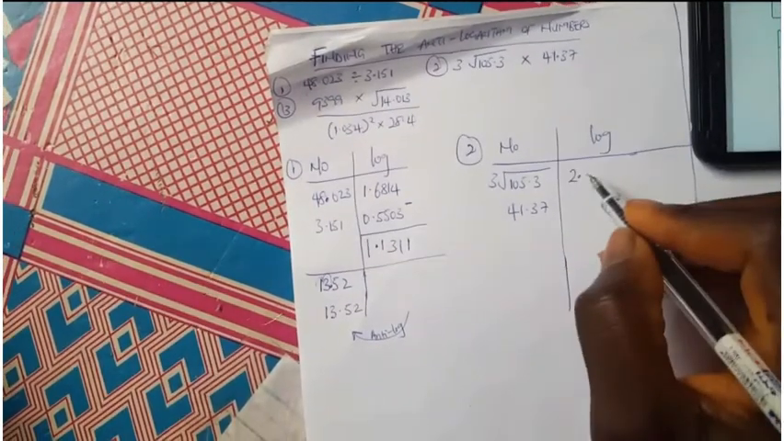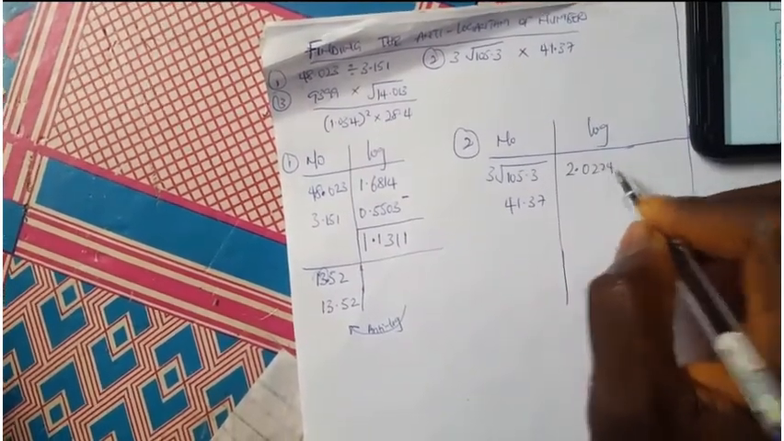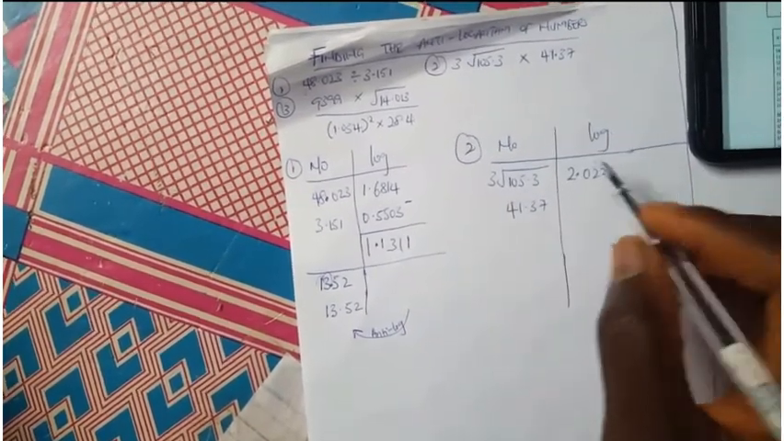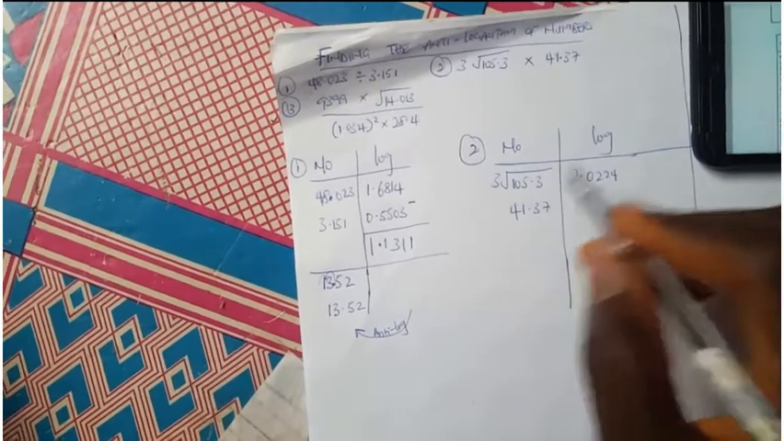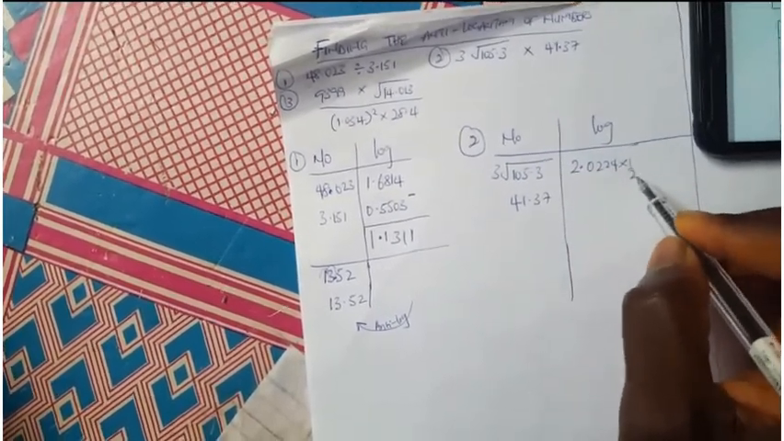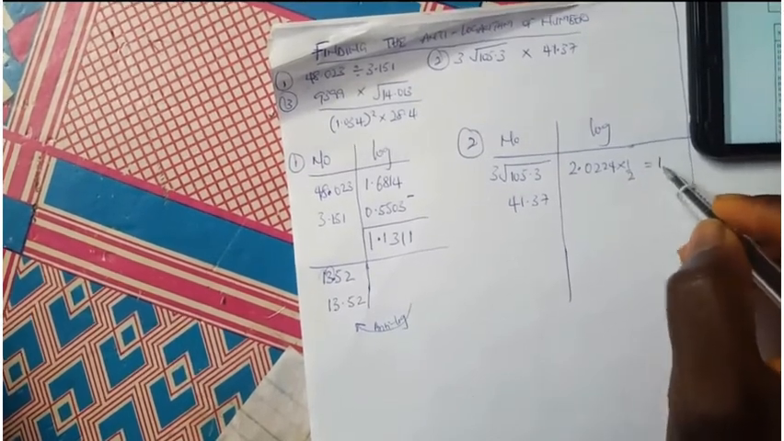0224. That's 0224. Okay, that's for that. Now this is square root, which is the same thing as 105.3 all raised by 1 over 2 in terms of indices. So which now means I'm going to multiply by 1 over 2 or divide by 2, which gives us